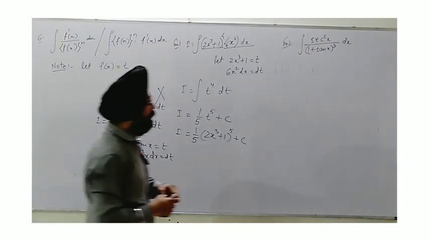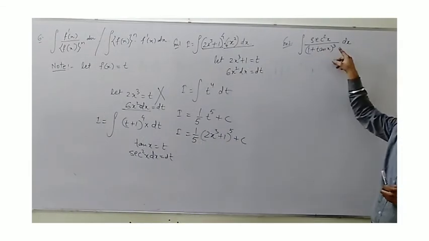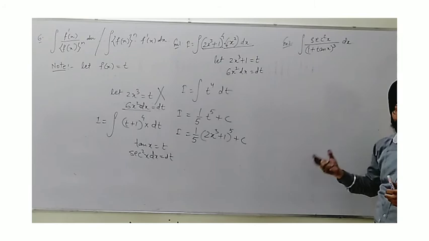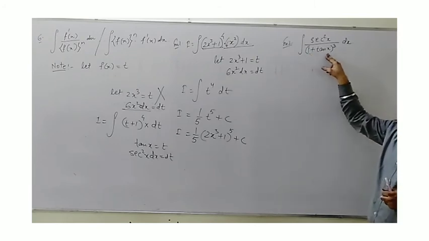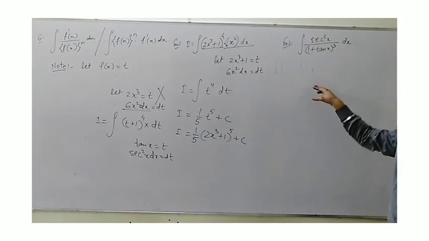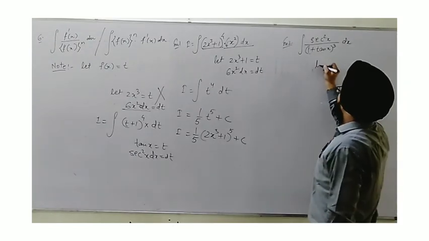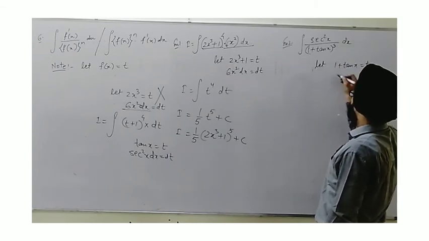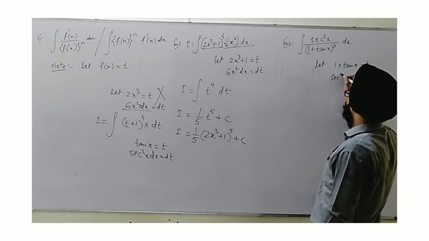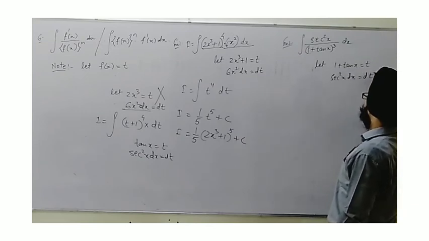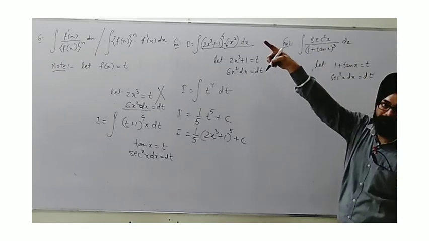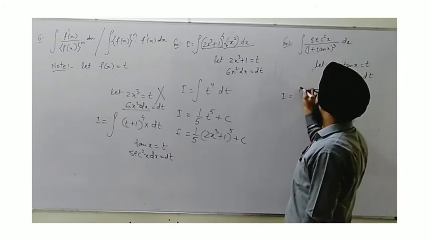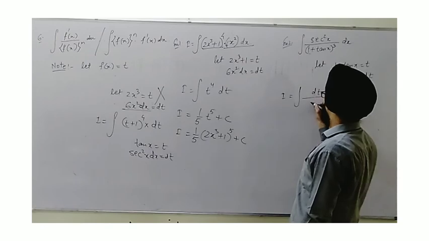But again, in the new denominator, we have 1 plus t whole cube. The purpose is to reduce it as much as we can, so that it becomes very convenient for us. So we consider 1 plus tan x whole as t. Reason: with the differentiation of this, the constant 1 will turn 0. I hope you now understand that 1 plus tan x, we take as t, differentiating, 1 becomes 0, tan x differentiation is sec square x dx, and this becomes dt. It's available in the numerator. You can see the first pattern, f dash x, meaning differentiation of the denominator, is available. So we can write I as the numerator whole is dt, in the denominator t cube.